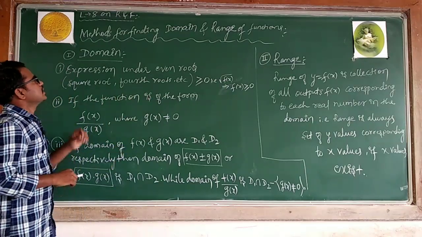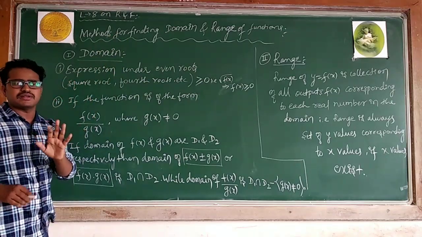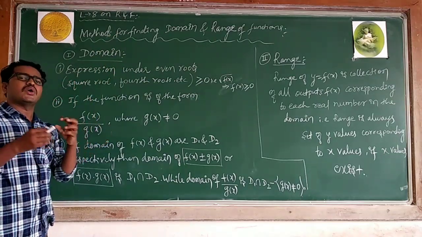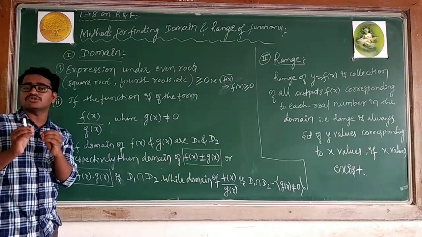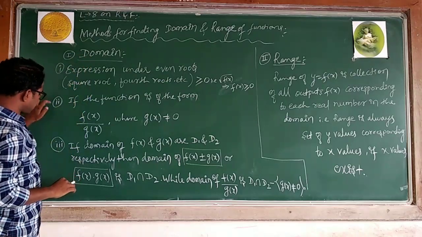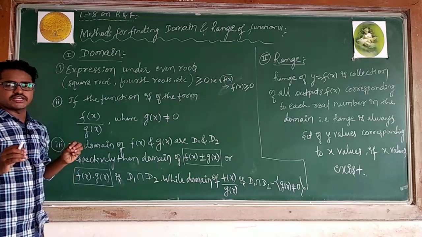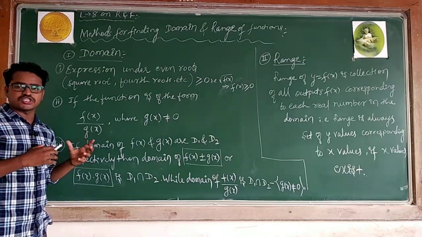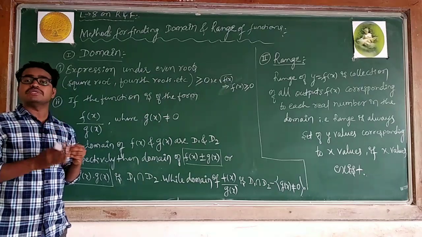In this method for finding domain and range, there is nothing here, it's very simple. You have done it in the previous class also. While finding, you have to take care about some points. First one, domain. In the domain case I have first, second, third. What is first? Whenever we are saying domain, when we are studying functions, we study the functions in the case of real numbers. It should not be imaginary.